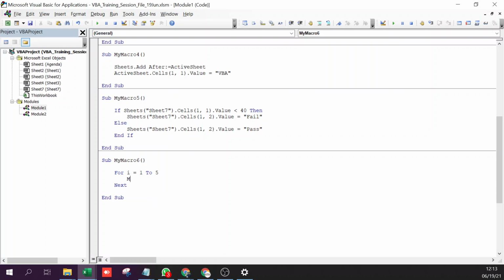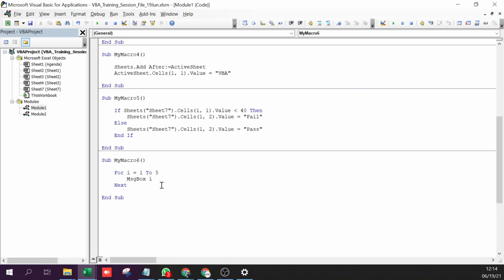Okay. Let me show you by giving a message box i. Is this okay, or should I write i in double quotes? No means not okay, or no, we should not write in double quotes. It's fine. If I write in double quotes, it will show me i every time. This means I'm referencing the variable i that was used here.